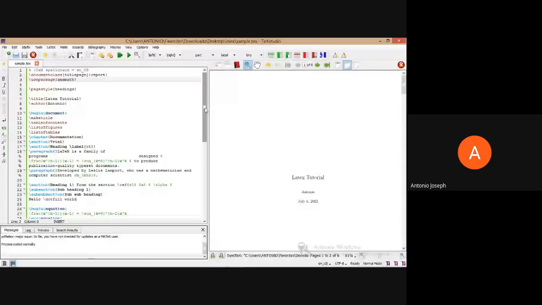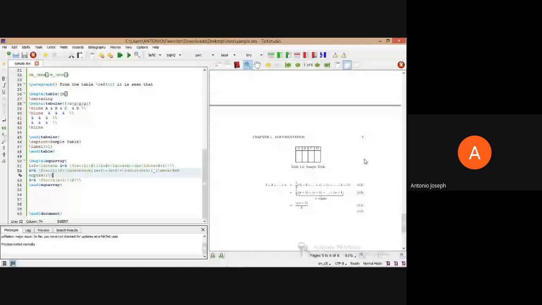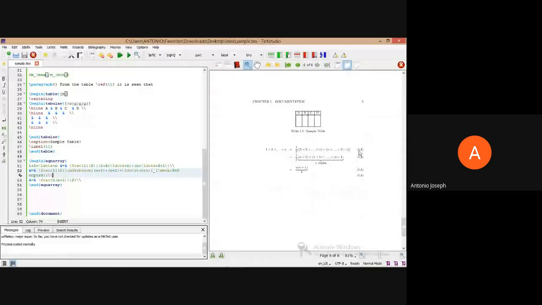See, now if you are looking, we can see that the entire equation is at the bottom of that particular table. And if we need to number this array or the equation, we can just remove that asterisk symbol so that it can be numbered. See, each and every line of that particular equation is numbered now. Already we have created one equation, this 1.1 is there, and each and every line is being numbered now. That's how the numbering is happening in the equations.